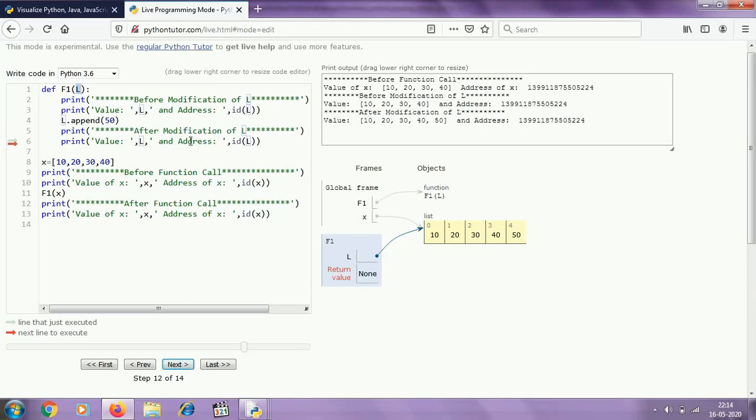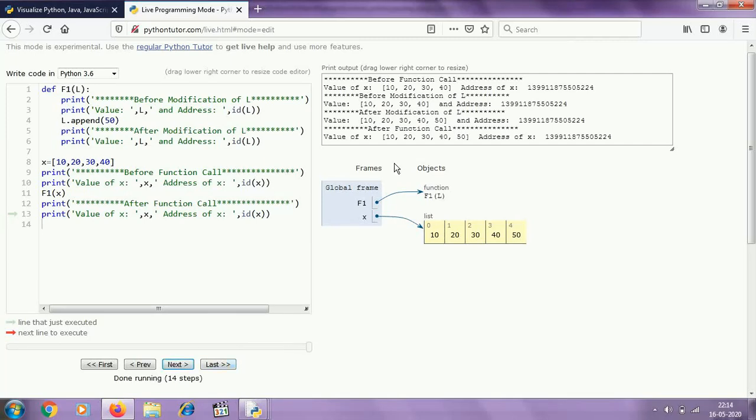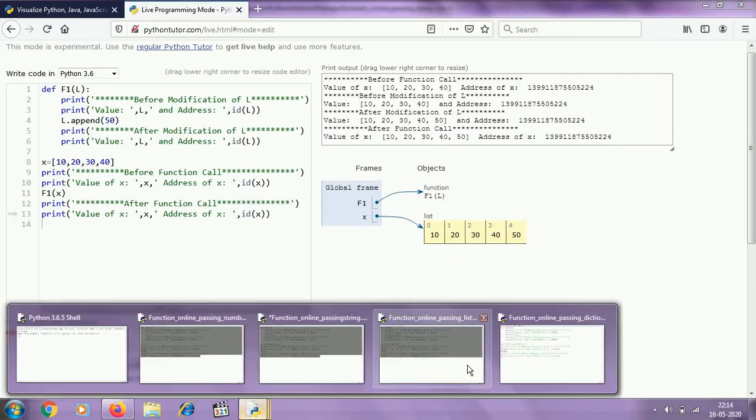After execution of this statement, execution will go here. After that, this print function is executed and it is printing after function call. Next, you can see that value of x is also changed and address is same. x is still pointing to this object.